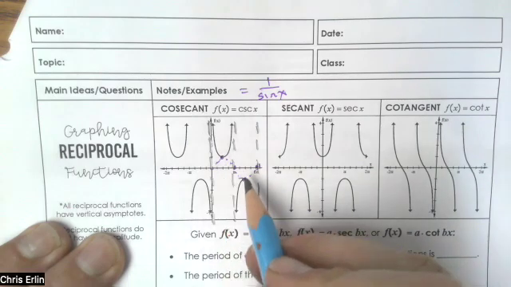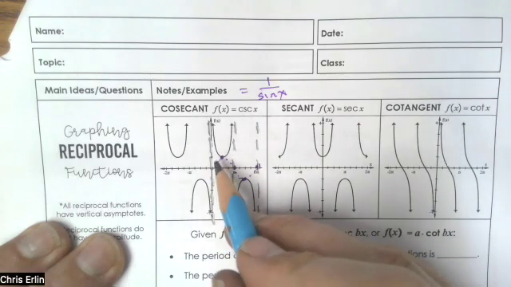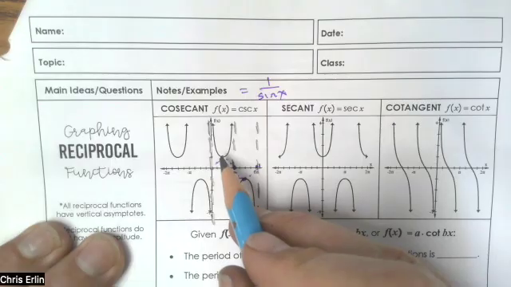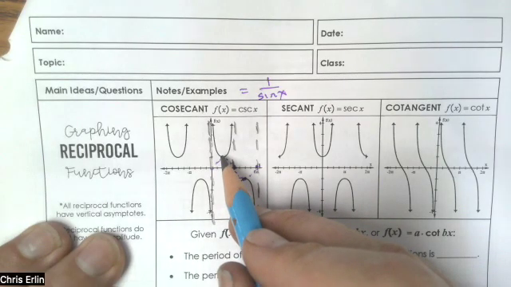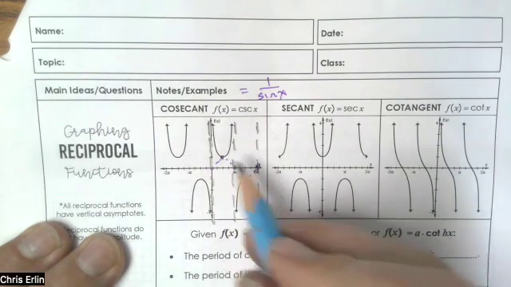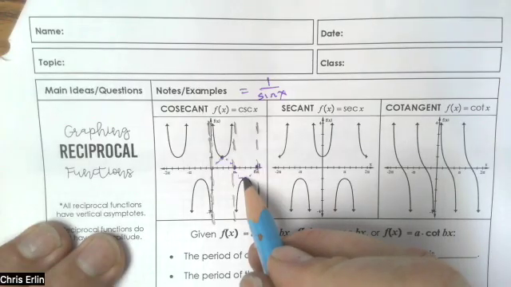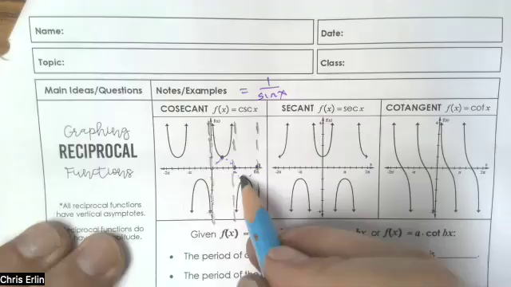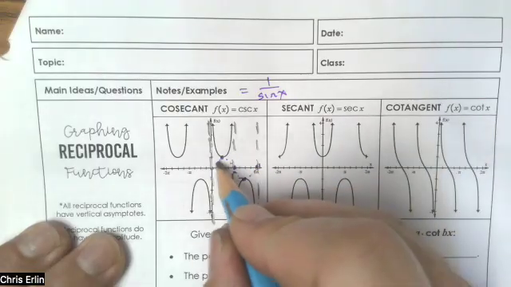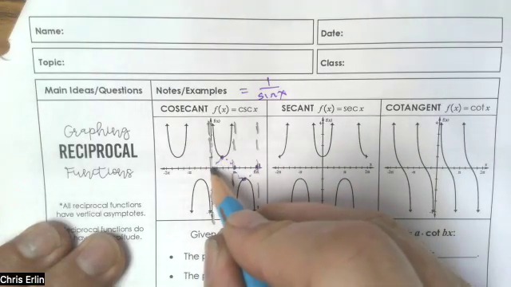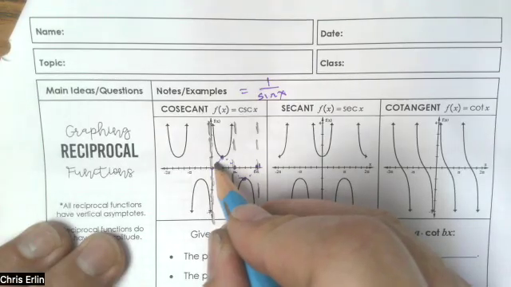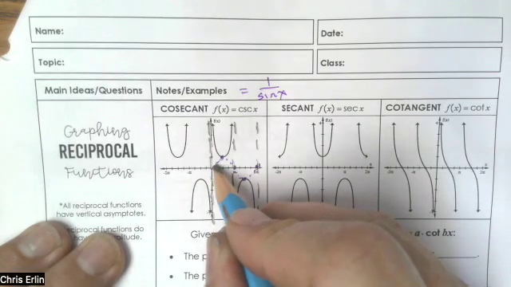Now let's look at our relative mins and max. If this value is 1, what's the reciprocal of 1? What's 1 over 1? 1, stays 1. What's the reciprocal of negative 1? Still negative 1. So these values don't change. Do you agree that somewhere in here, I'm reaching a y value of 1/2? We don't know exactly where, but somewhere in here I am. Turns out to be 30 degrees, but